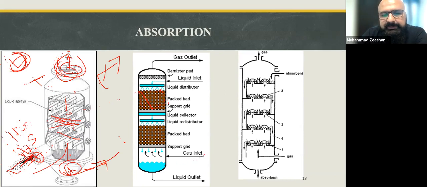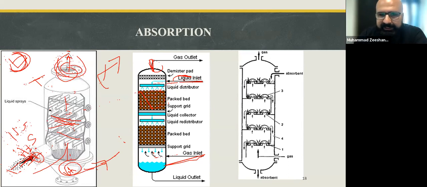Again, the dirty gas enters from the bottom, the liquid or the solvent which is supposed to be absorbing the pollutant enters from the top, and this packing material offers a lot of surface area on which the dirty gas comes in contact with the liquid, and during that contact, the solvents absorb the pollutants from the dirty gas, and at the top we get gas which is free of that particular pollutant